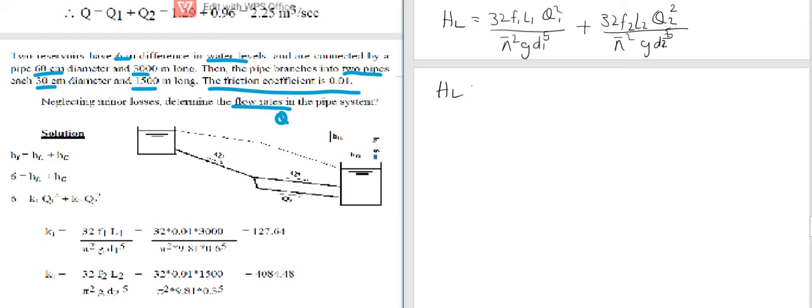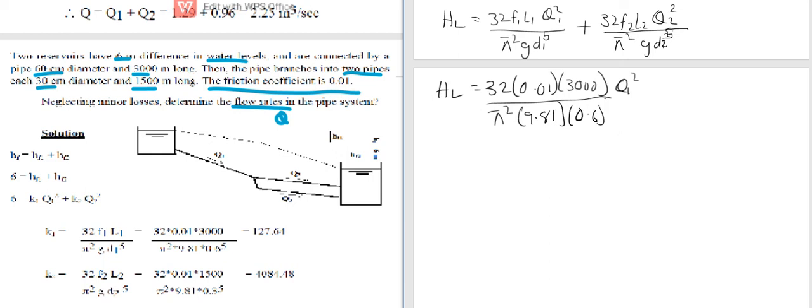So HL will be equal to 32, and F, the friction coefficient, is the same for all the pipes, so that's 0.01, and then the length of the first pipe is 3000, Q1 square over pi square multiplied by 9.81 multiplied by D1. D1 is 0.6 meters raised to power 5, plus 32, 0.01,